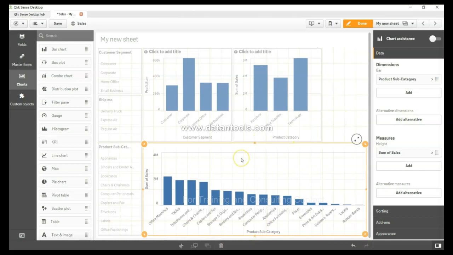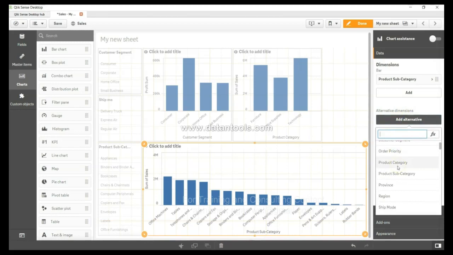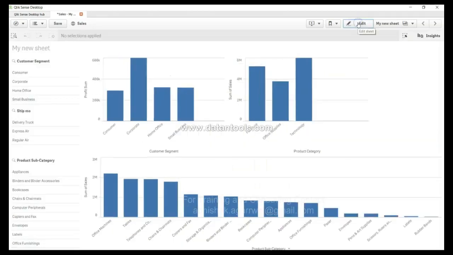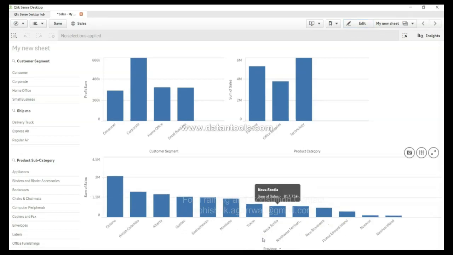Alright, so when we add the alternative dimension, for example, an option is given over here. I have selected this bar chart and let me add an alternative, and in this case let me select, for example, maybe province. All right, and let me come back over here and put it on done. When I'm here, if I go down on this chart, you can see one option is enabled over here, which is product subcategory. If I click, the option is given to me that I can even use the province for